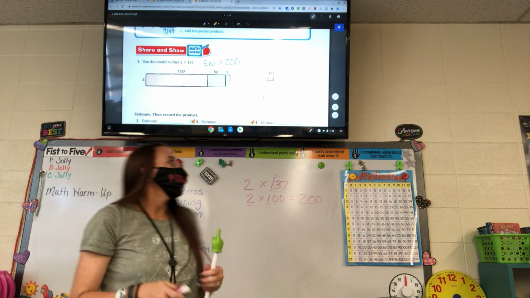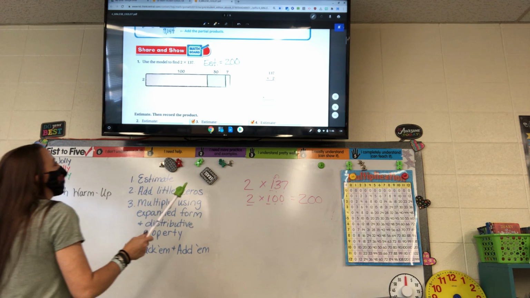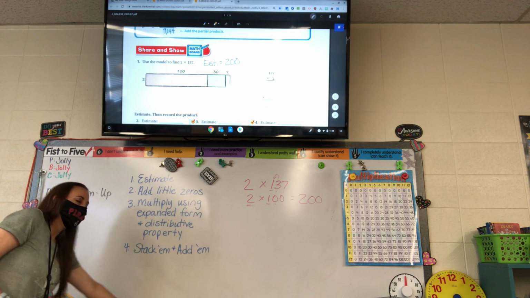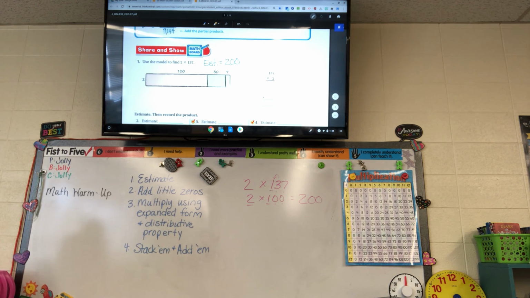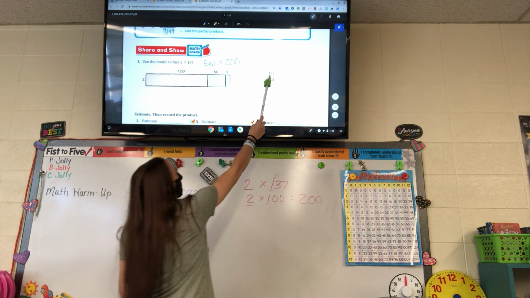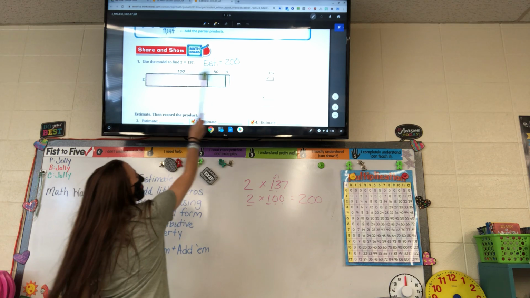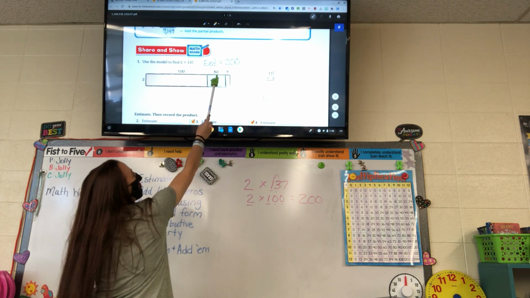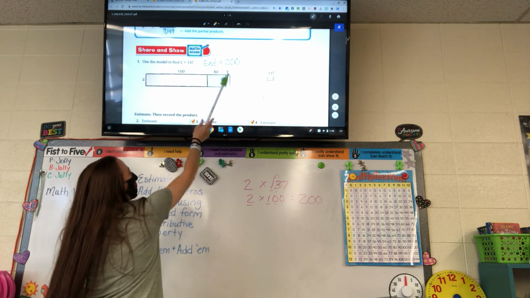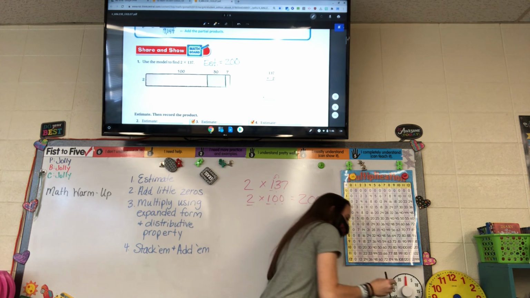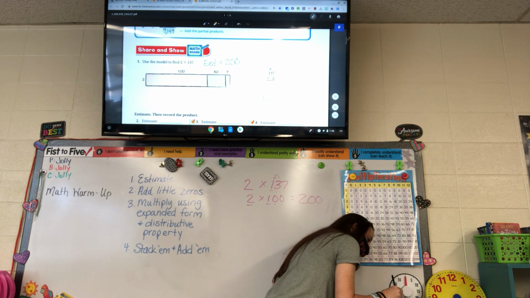Okay. Then, after we estimate, what do we do? Add tiny zeros. Add the little zeros. How many zeros go behind the 1? 2. How many behind the 3? 1. How many behind the 7? 0. Okay. Now, they did a model on this